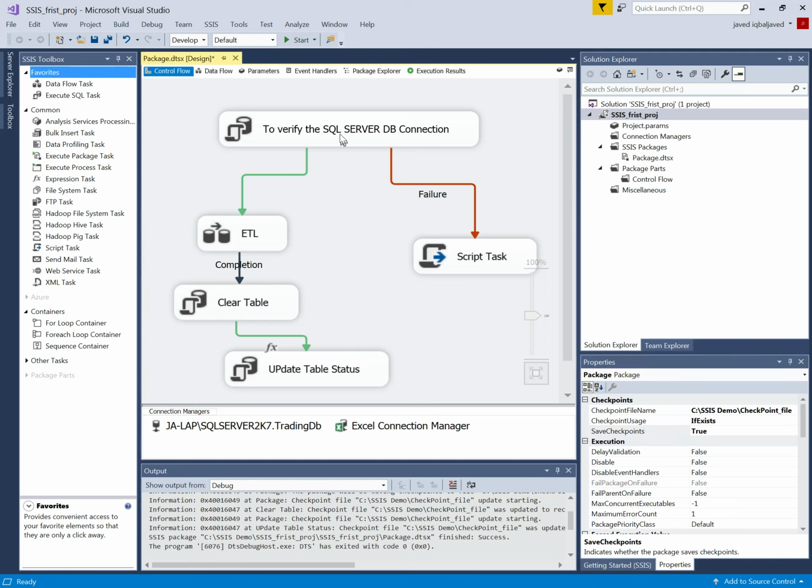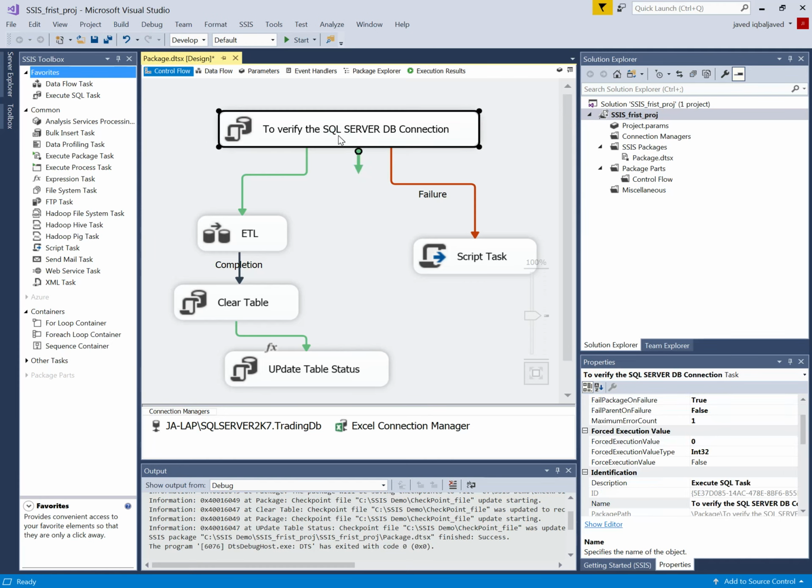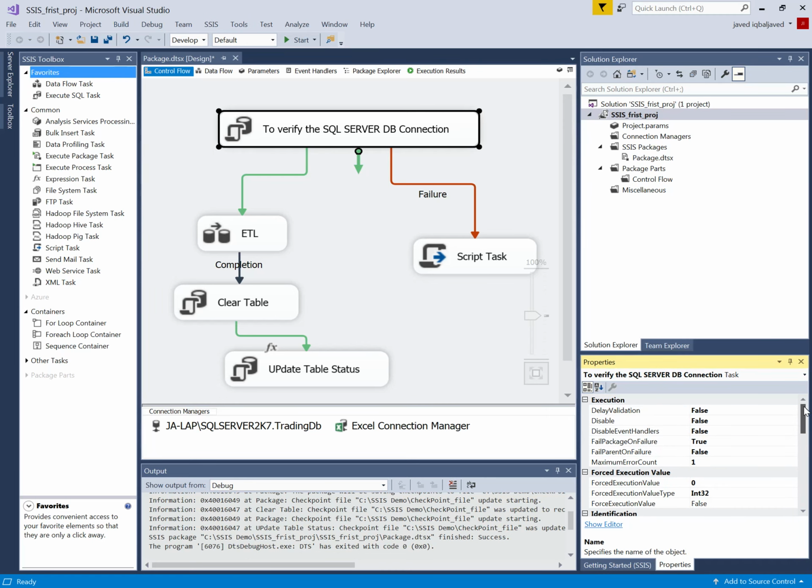Now for each task we have to go one by one, or if we have used containers, then we can use the container to implement the checkpoints. But right now we have to go to each task for which we want to implement the checkpoint, and we have to set the property